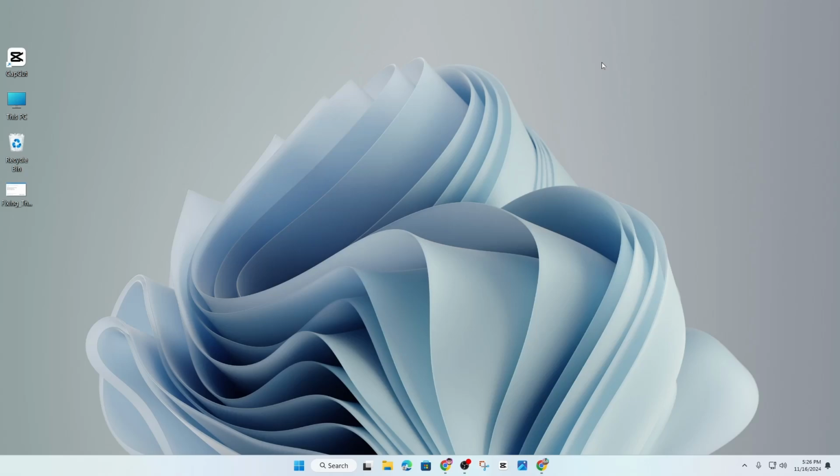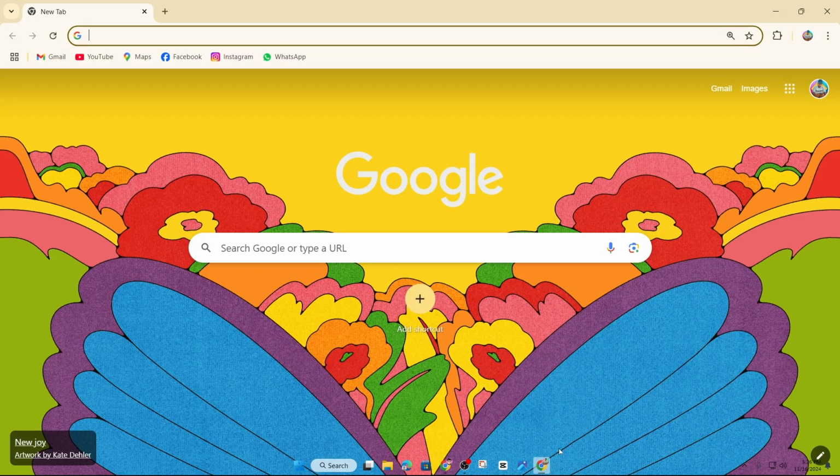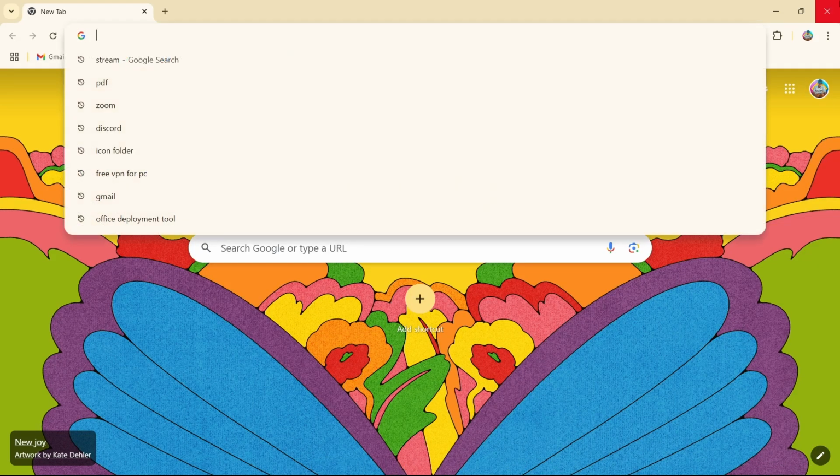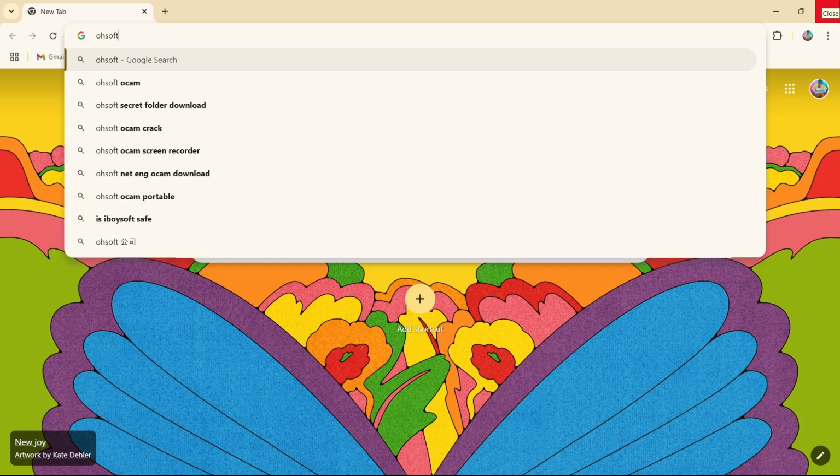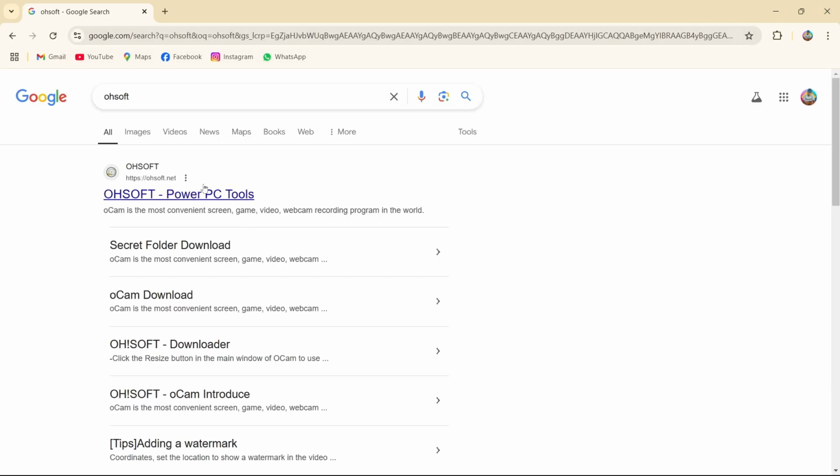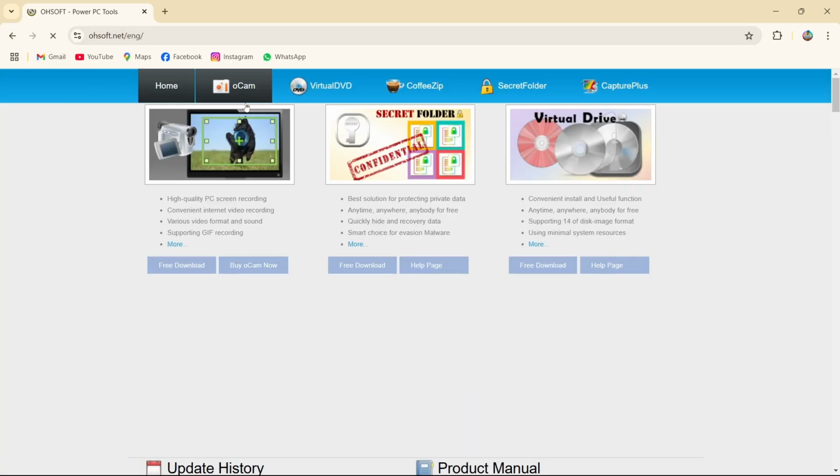Today I'm going to show you how to lock apps in Windows 11 in a very simple way. You just simply go to any browser and search for osoft, click enter, and then you will get a website called osoft.net. If you click on that, you are redirected to the osoft official page, and